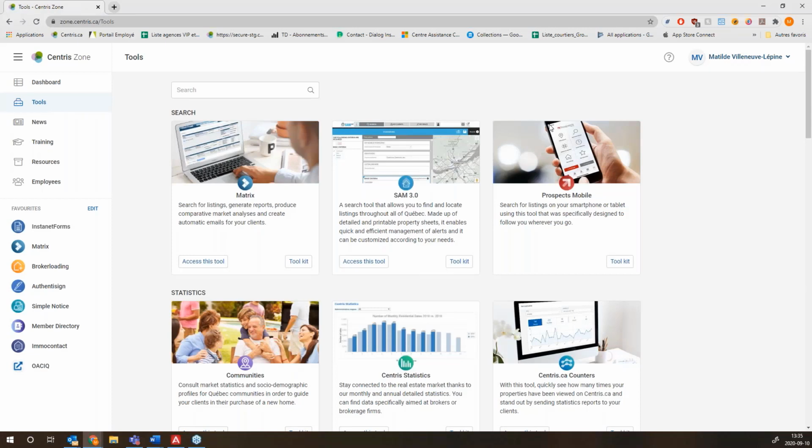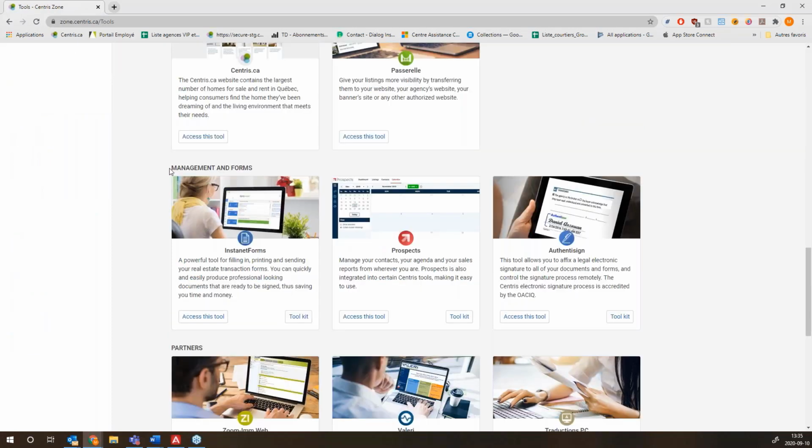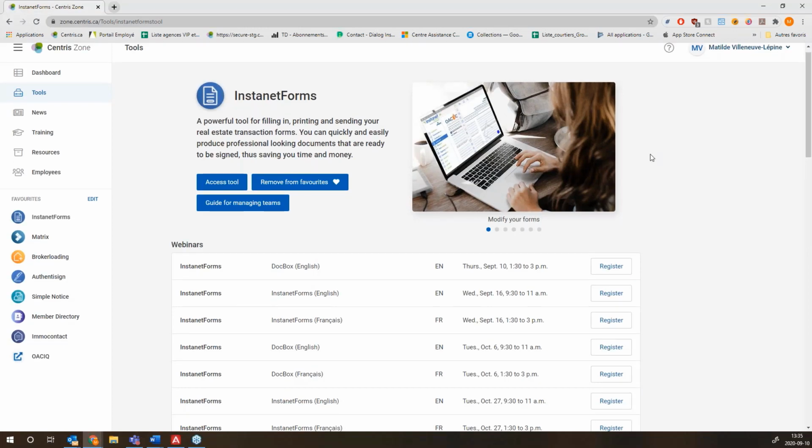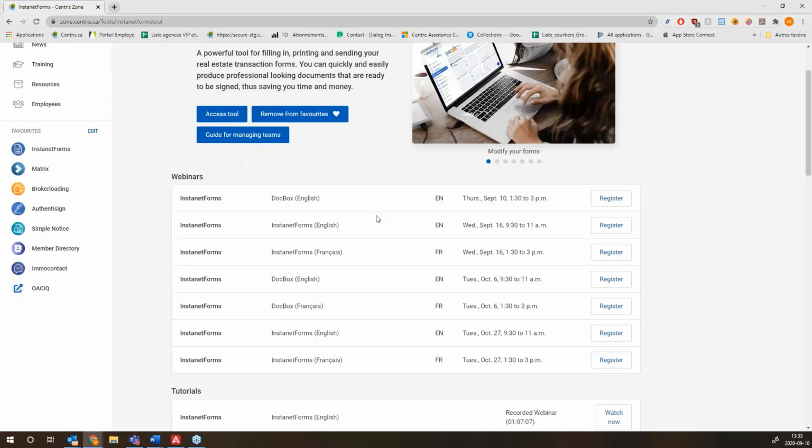So once again, you have access to this tool or the toolkit, and I'm just going to show you the toolkit quickly. And every tool, by the way, has a toolkit like this. So you're going to find the same information for every tool. First of all, you have the webinars at the top. The next webinar is either on Instanet Forms or DocBox if you want to follow it again,